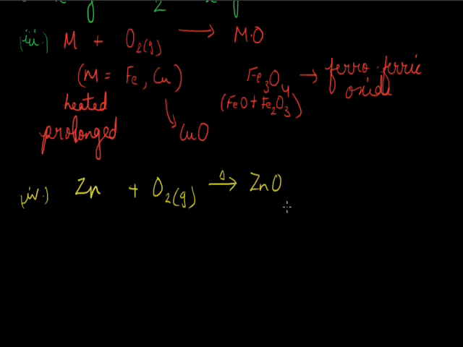Okay, sodium and potassium react vigorously. They react very fast, and that's why sodium has to be stored in kerosene. You cannot keep it open. If you keep it open, then what will happen? It will form sodium oxide and there will be no sodium left. Secondly, you will be thinking, why can't we store it in water? What's the use of kerosene?